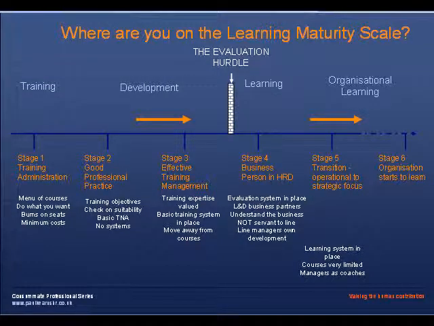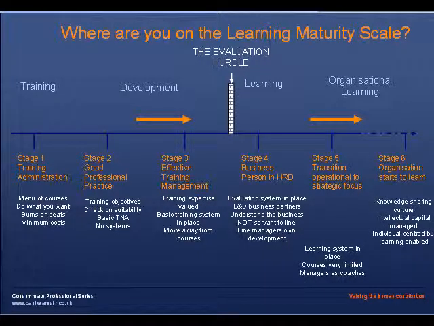Stage 6 is the last stage on this scale. Although this scale has no actual end, it goes on forever because learning is always a continuous process. The organisation now as a whole is so mature that everybody in the organisation shares their knowledge. There is a culture of wanting and willingness to share knowledge, and this means that anybody who's got any intellectual capital will find there is an opportunity to use that at work, and if they want to learn, then any support to their learning will be individually centred. So ideas like e-learning will become very, very flexible and adaptable to individual needs. This is the complete maturity scale, and it will only be put in place if it's part of a learning strategy.